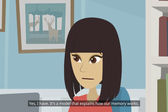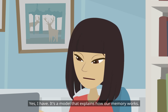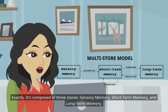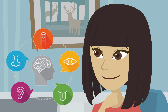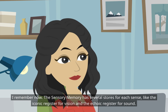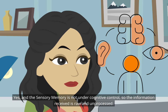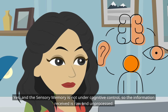Yes, I have. It's a model that explains how our memory works. Exactly. It's composed of 3 stores: sensory memory, short-term memory, and long-term memory. I remember now. The sensory memory has several stores for each sense, like the iconic register for vision and the echoic register for sound. Yes, and the sensory memory is not under cognitive control, so the information received is raw